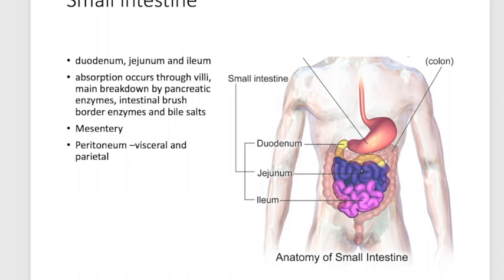Moving on to the small intestine. The small intestine is coiled within that peritoneal cavity, and it's about 5 to 6 meters long. It is divided into 3 segments. We have the duodenum, the jejunum, and the ileum. The duodenum begins at the pylorus and ends when it joins the jejunum. And then the jejunum is at a suspensory ligament called the ligament of Treitz. And then the end of the jejunum and beginning of the ileum are not distinguishable by a landmark. However, the jejunum has a slightly larger lumen than the ileum. We have an ileocecal valve, which is a sphincter, and that controls the flow of digested material from the ileum